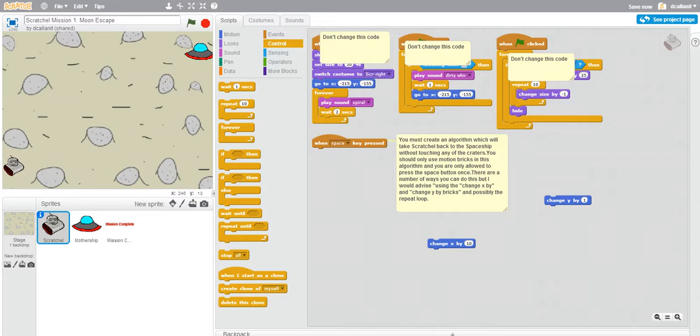And what we can use instead, and which is probably more suitable for this type of scenario, is using the repeat loop. So I'm going to change the value of, we'll just try it as it is. So when the space key is pressed, we're going to repeat 10 times the command change y by 1, which will essentially, if we multiply 10 by 1, move Scratchel up 10 points on the y-axis. So if we press the green flag, press space,